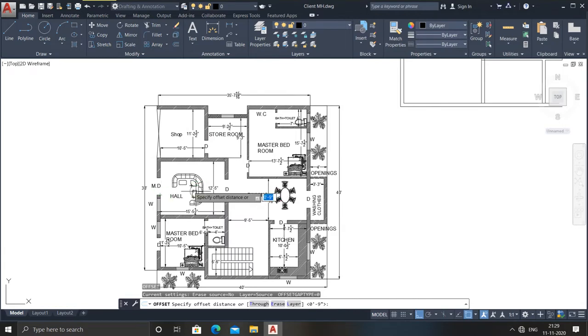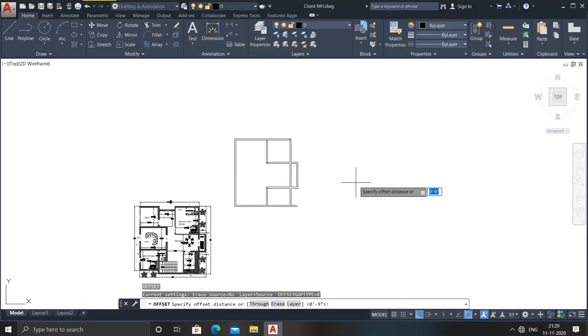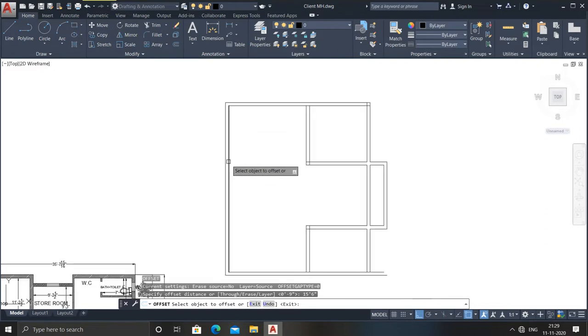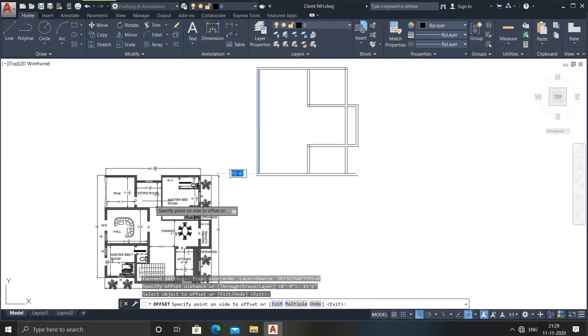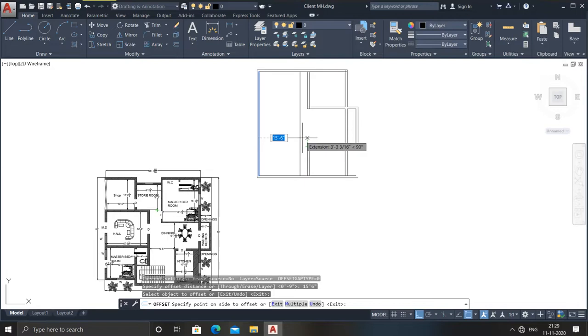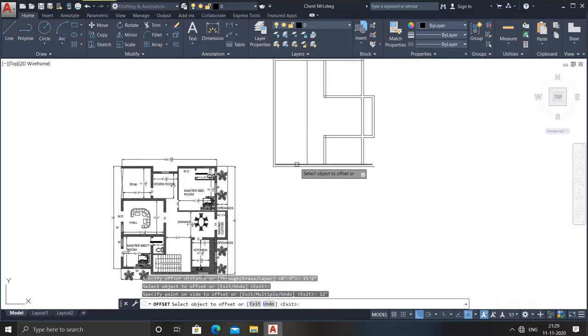Now I am going to consider this as a hall. What is the length of the hall? It is 15 feet 5 inches. So go for 15 feet 6 inches, right? Just go and click it here. So you can see it, if I do so, I won't get this part, so that is quite larger, right? So I'm going to consider 12 feet. Enter.